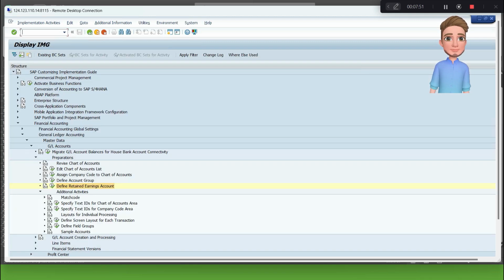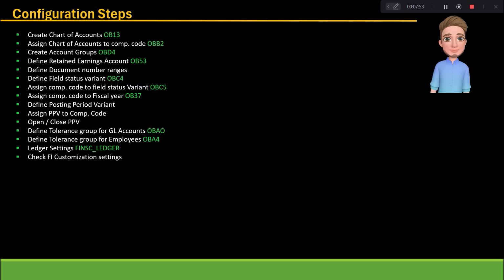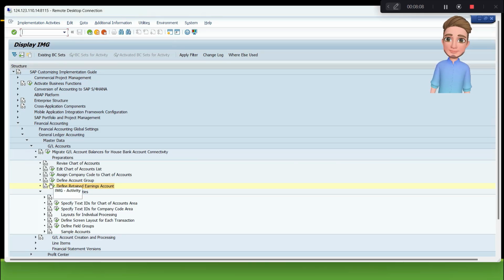So far we have done 4 steps. Let me go to the PowerPoint and show it to you. So now we have done the create chart of accounts, assign chart of accounts, create account groups, define retained earnings. Next step is define document number ranges. So we can do that later also. There is no hard and fast rule that you have to create it now. But nevertheless, if you want to create it, we can go to the